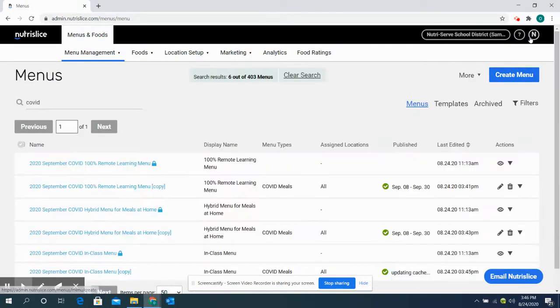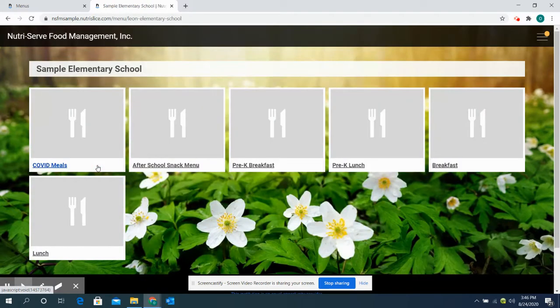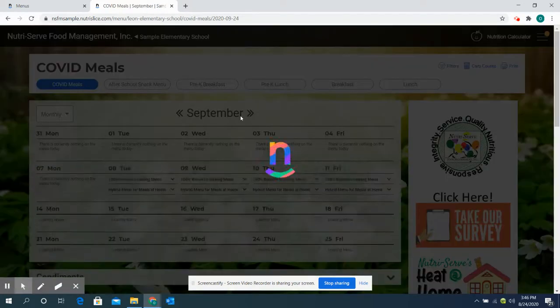All right, so now let's take a look at the live site and see how these are actually showing, just so you have an idea of how these menus are showing, and especially with the COVID menu type as well. So again, you can click on any location because we did apply all of our menus to all locations. So let's say for the elementary school, and now we have all of our regular menu types here, but you can see this first one right here is the COVID meals menu type. So I'm going to click on that. And as a parent or a customer, it's pretty clear that this is what I'm clicking to access meals throughout this time. So when I click on that and scroll over to September,